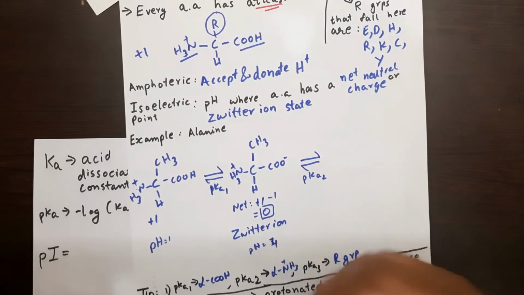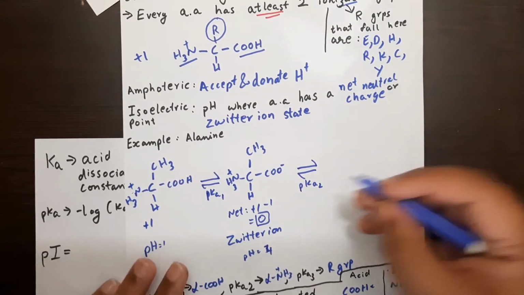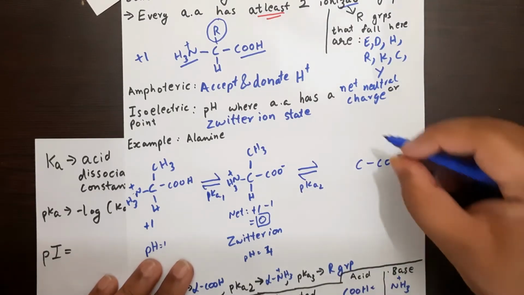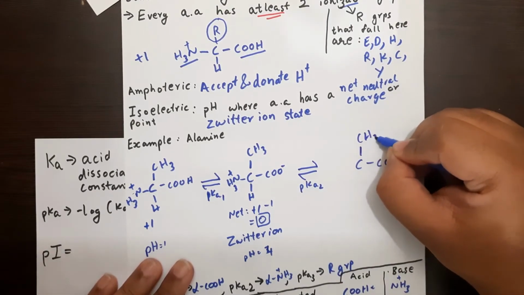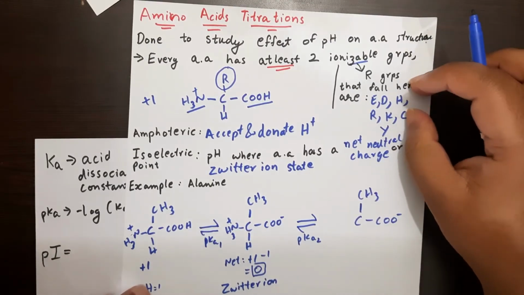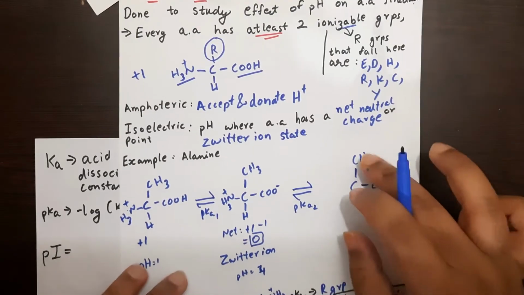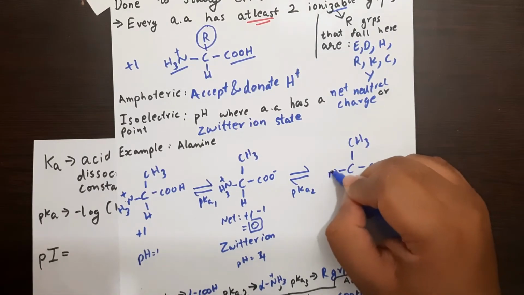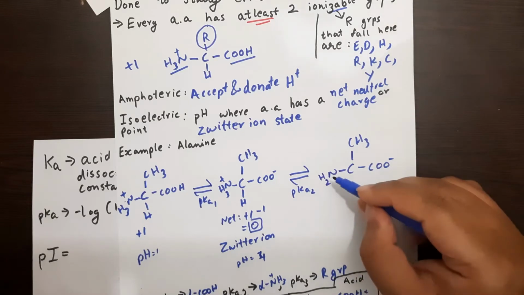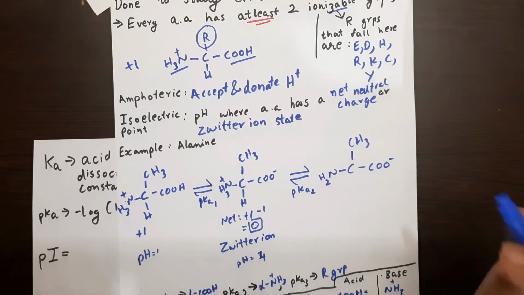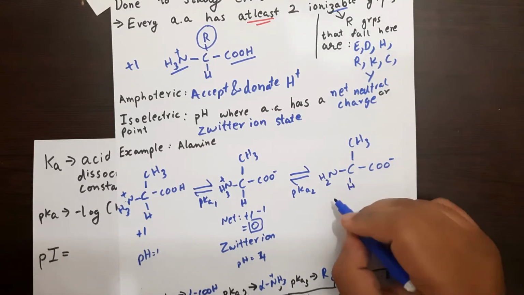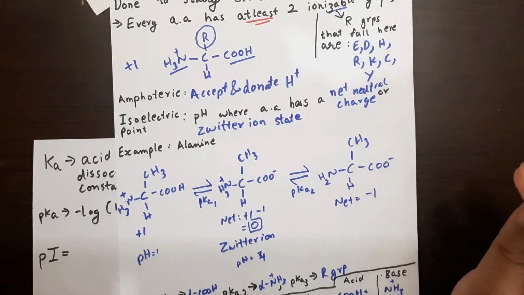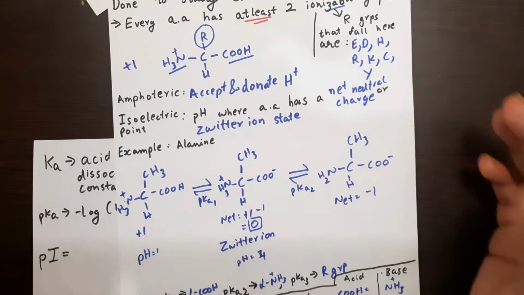Now if my pH increases above pKa2, then what would it look like? It would look like COO minus, because this already got deprotonated. The methyl group, as I had mentioned, only a few amino acids have an ionizable group. Alanine is not part of it, and the methyl group can never become ionized in this condition. And the alpha amino group gets deprotonated, meaning the NH3 becomes an NH2, losing its charge. And finally, H. So what will the net charge be over here? In this case, it would be just minus 1 from the carboxyl acid. And this is what you get in the other spectrum.